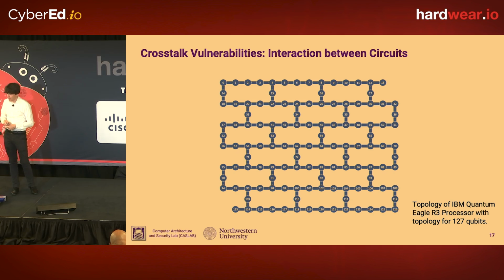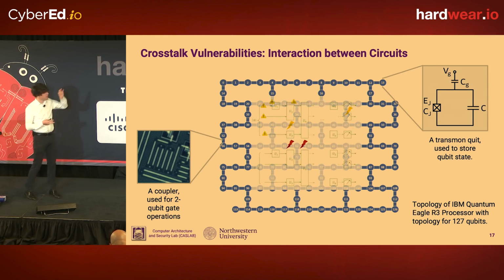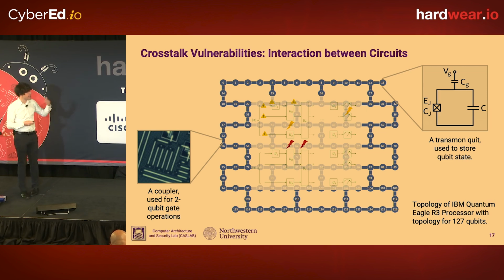So coming back to our picture, if you have a quantum computer made of some number of qubits, and multiple users running on that quantum computer, it basically means that different qubits are assigned to different parts of the quantum computer. We're trying to understand the different security implications or attacks, and how they can affect the qubits. If you're familiar with any work on FPGA security and crosstalk attacks in FPGAs, this is not unlike that, if you want a mental model.